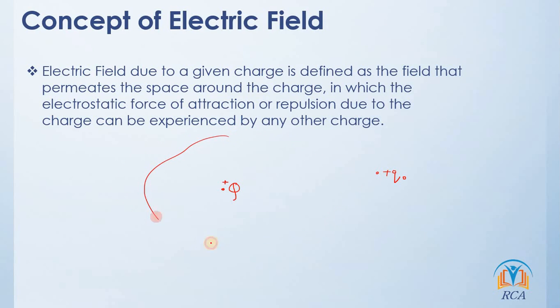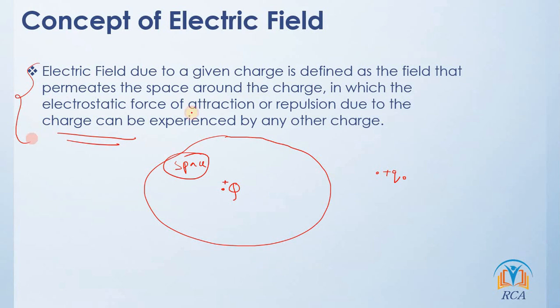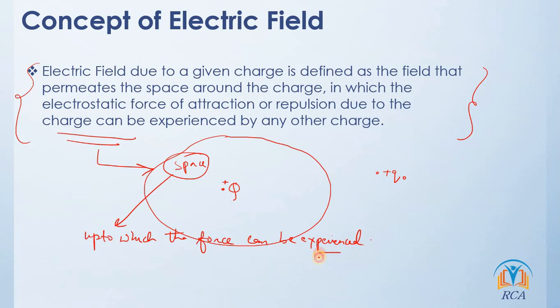Right, so for example, if I just draw a field like this, now this is a space, right? It is a space up to which its force of attraction or repulsion can be experienced. So when we talk about this entire technical statement, what is meant by the statement? That it is basically a space up to which the force can be experienced. Now the force obviously can be attractive as well, it can be repulsive as well. So it is a space around a given charge up to which its force of attraction or repulsion can be